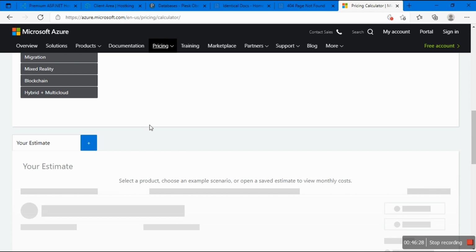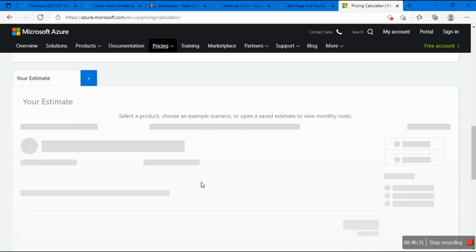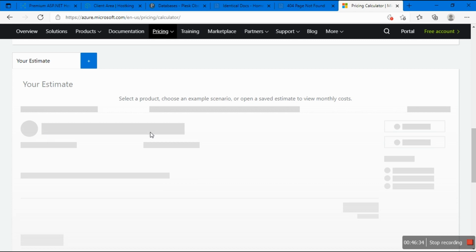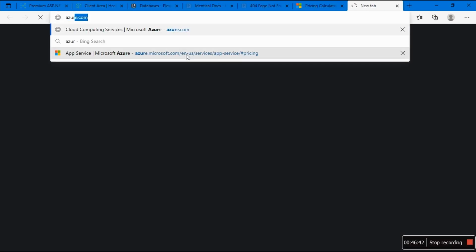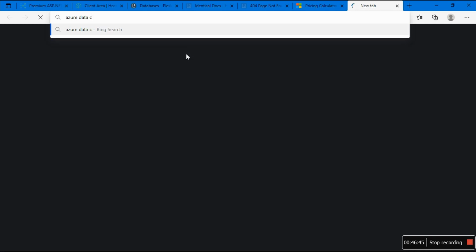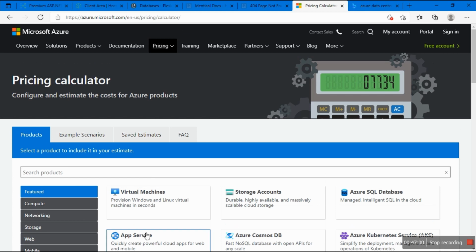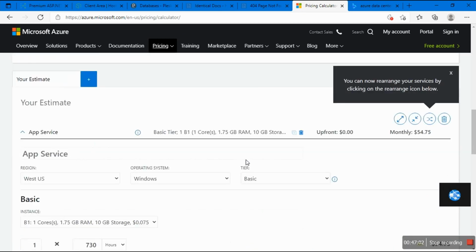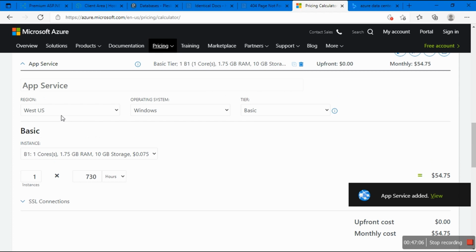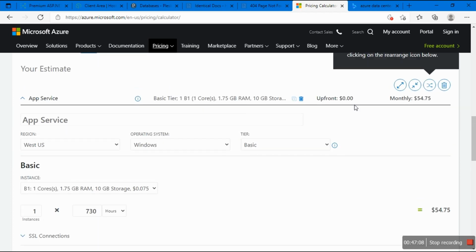Yeah, you can add multiple things in a calculator, and then it will do the magic for you. So I just want to show you something because we also do have Microsoft Azure in South Africa. So let me just search Azure data centers. For people like us that love technology, we invest our time, you know, the nice way. Okay, there we go. So West US.